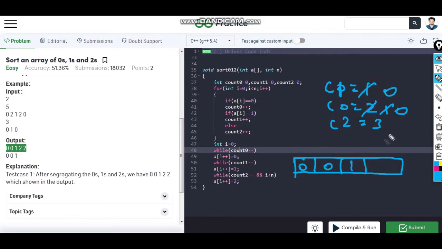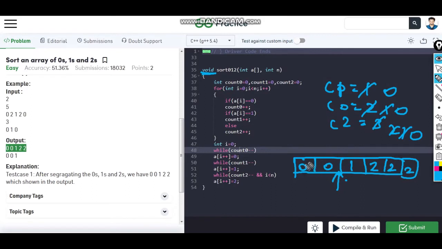And similarly for 2, so 2 will be put 3 times, using this while loop. We have updated the array, and this is a void type function, so we just have to update the array.